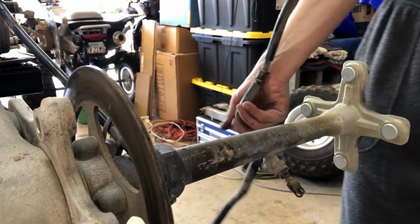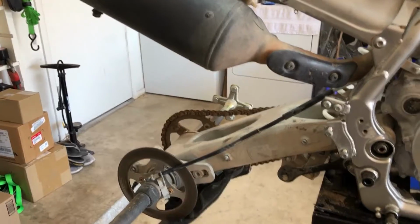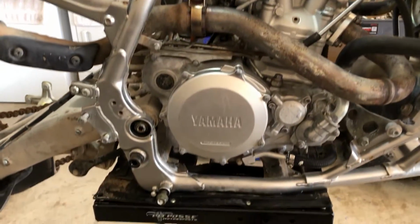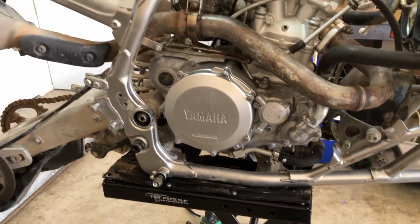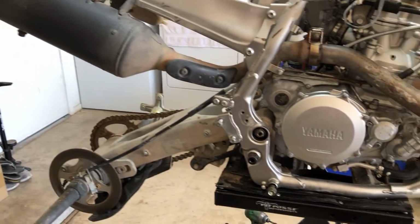There. All right, now we got the whole brake assembly off. There we go, folks. Brake's gone. Brake pedal's gone. Heel guard's gone. All that stuff is gone. So, yeah, now we can move on to...